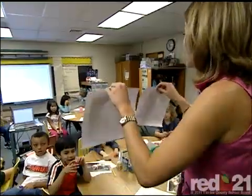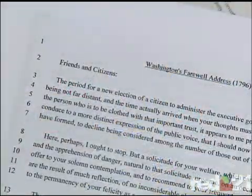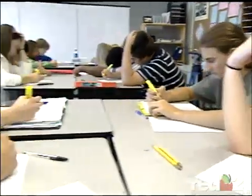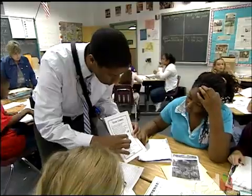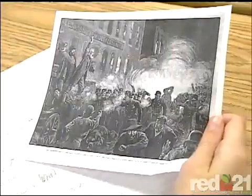The experience also sets a framework for middle and high school, when students will work with more challenging pieces, such as primary source documents. Beginning in middle school, document-based questions, or DBQs, are yet another way to increase rigor in the social studies classroom. The DBQ process encourages students to analyze a series of historical documents in order to answer